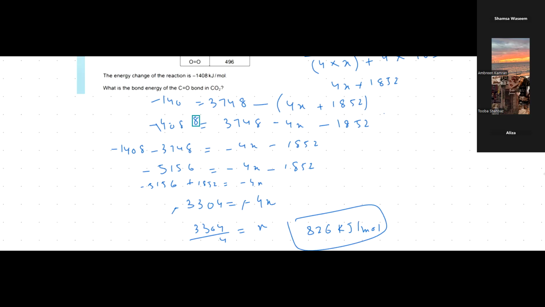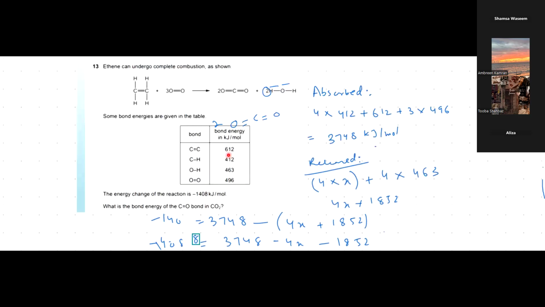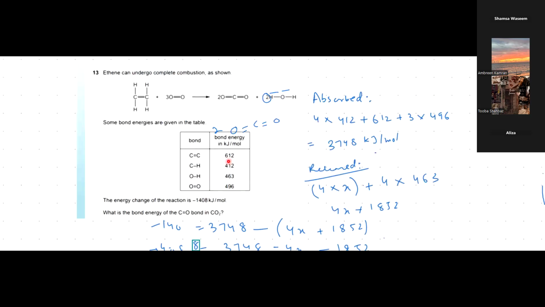Acha, in paper 4, this question comes. Okay, I'll share one question with you. You try to do that. I will share this presentation also with you. So you could just do the practice questions. That is a usual, must question. Like it comes in paper 2 or paper 4. Okay? But it's easy, it just requires practice. It seems to be easy, but once you solve it, you understand what mistakes we are making. So it just requires practice. Okay, is that clear to you?